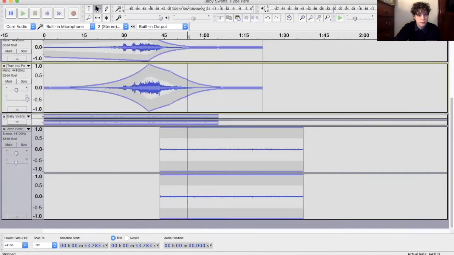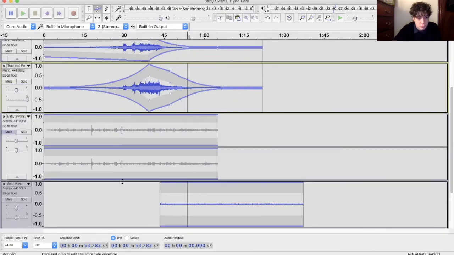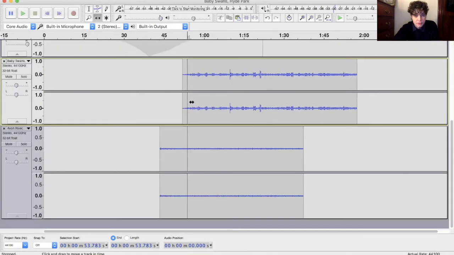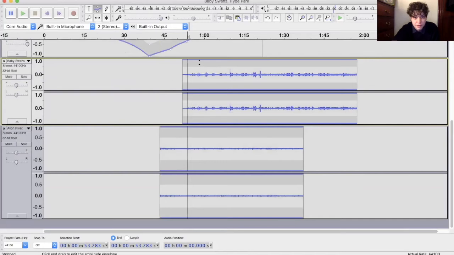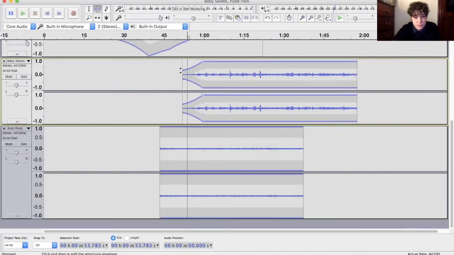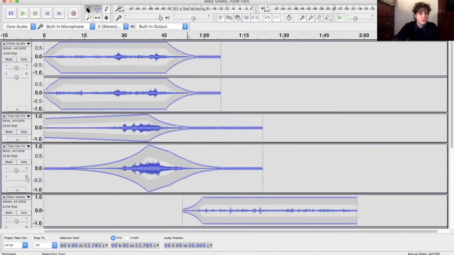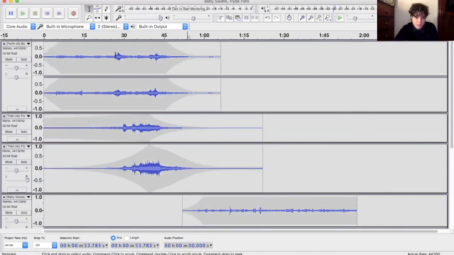I'm also going to bring back the swans. I'm going to unmute them, and I'm going to drag them along, and I'm going to put a fade in on them too, as well as on the water. And this is just going to create a really big transition in this soundscape. So if we listen from here,